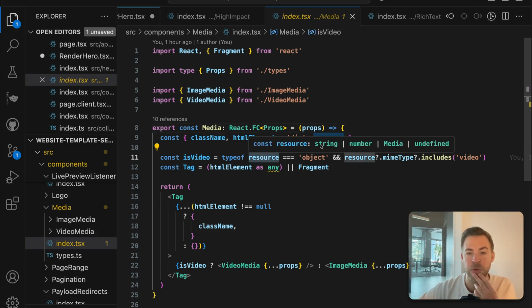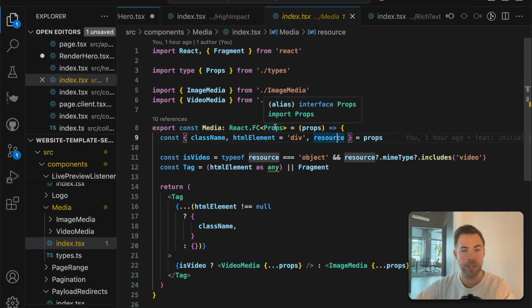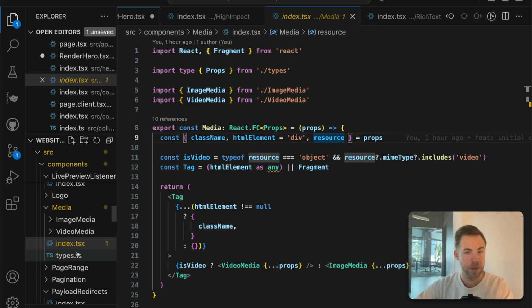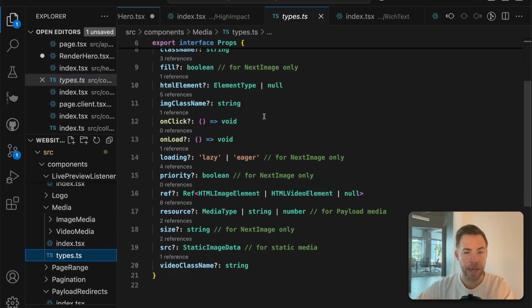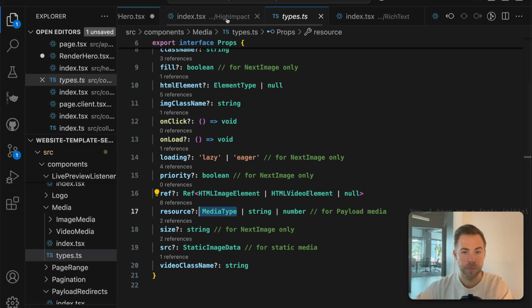Okay, we have a resource. The resource comes from the props, which is in, let's see, where's props? /types here. So here's the props for this component. And resource is going to be a media type or a string or a number, because it could be an ID